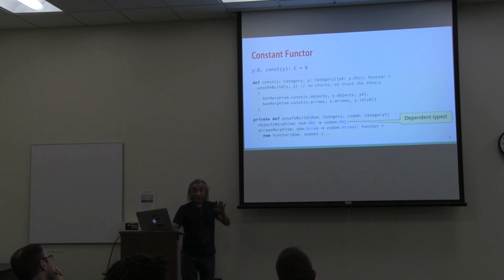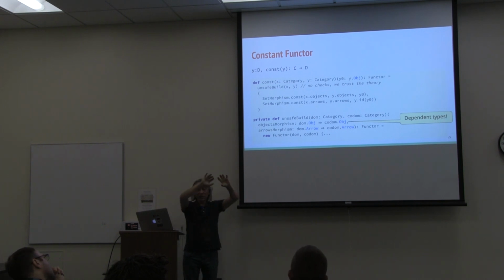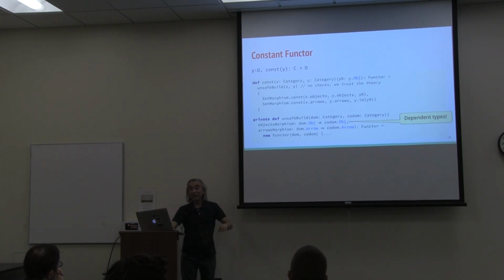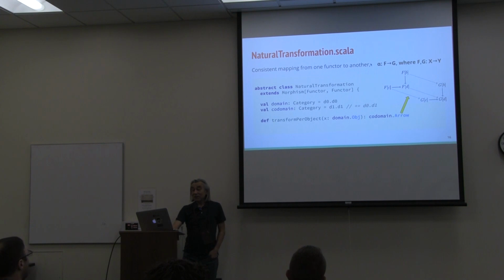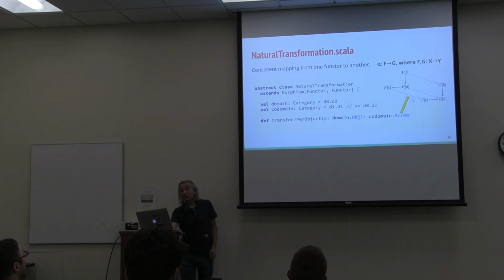So okay, functor. Now, if we have two functors, we can build an arrow from one functor to another and have the whole category of functors between one category and another. So it's a consistent mapping from one functor to another. Usually they use small Greek characters, like alpha is a natural transformation from functor F to functor G, where functor F and functor G are two functors from category X to category Y. So it's defined by